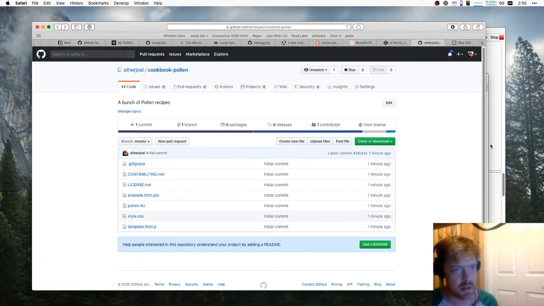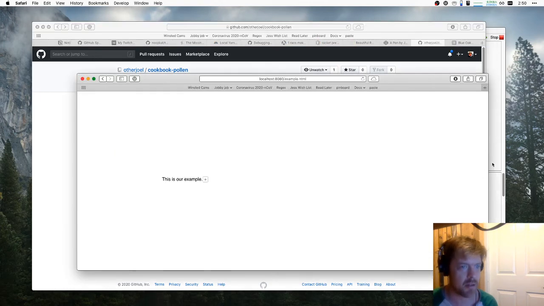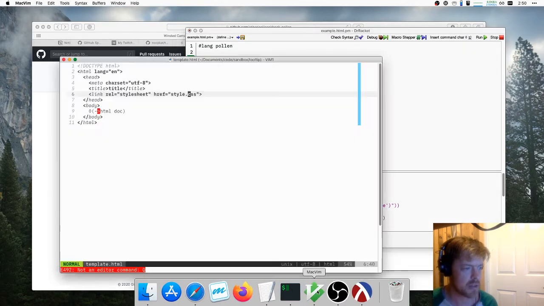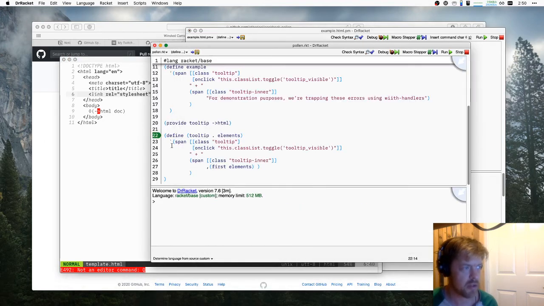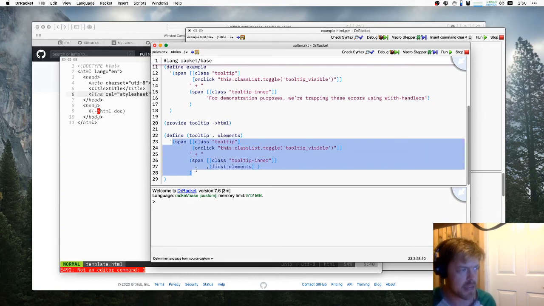And then the difficulty, the head scratcher at first with Pollen, is learning how to create these expressions, these tagged X expressions that are convertible to HTML. The virtue of using tagged X expressions is that while they exist in this form, you can manipulate them